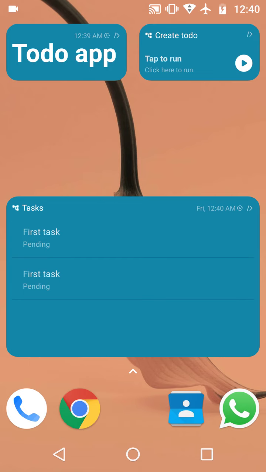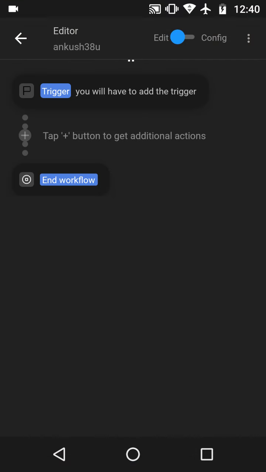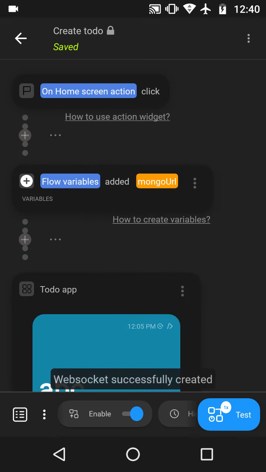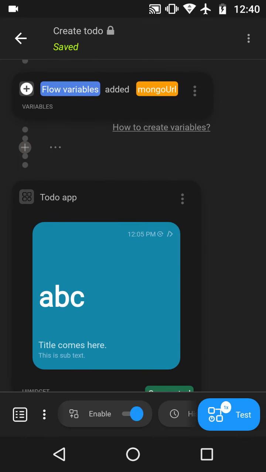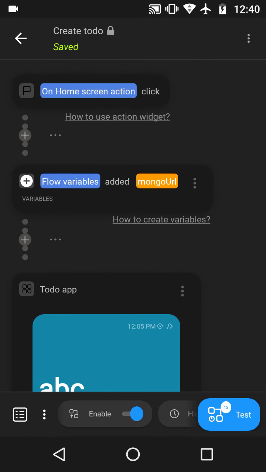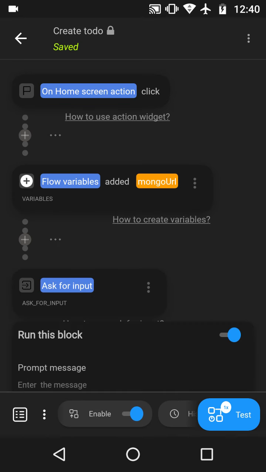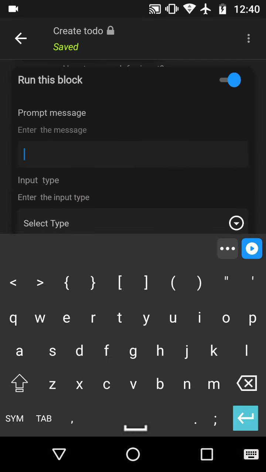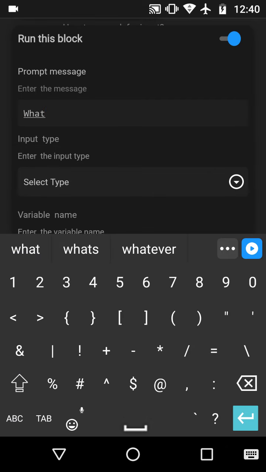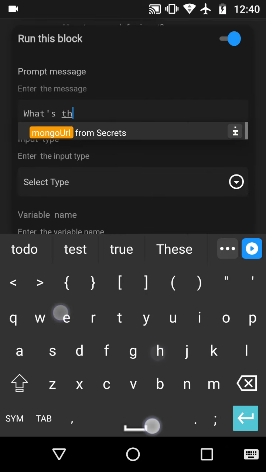First, go to create to do, and instead of sending first task every time, let's ask the user what task he wants to add. So let's use ask for input, and the message could be what's the task.